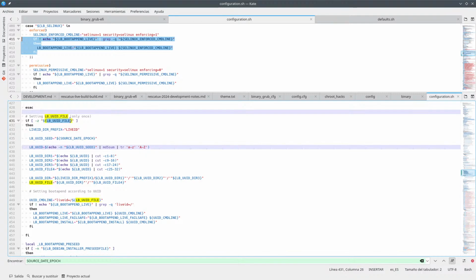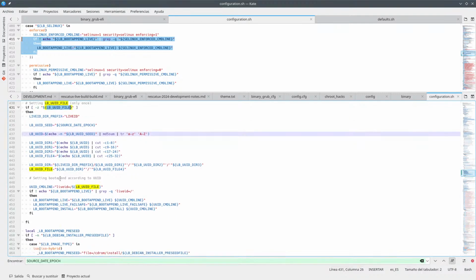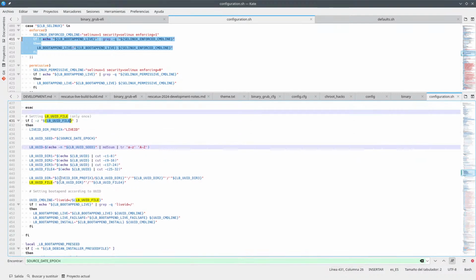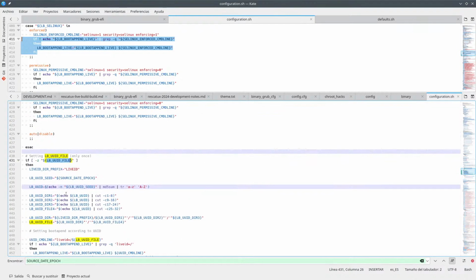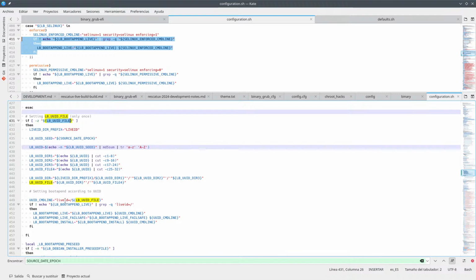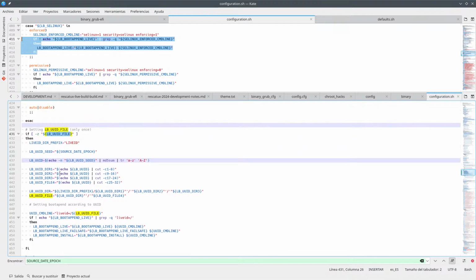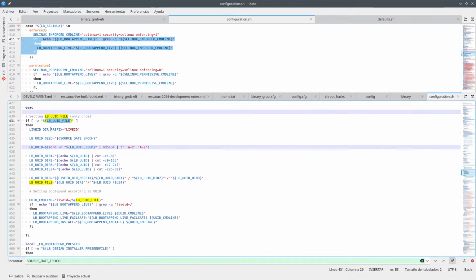LBUID file. So if you have not specified an LBUID file, then you just do this step. Source date epoch, which needs to be set up always. Now this is much easier to read. So the seed is the source date epoch. Then we do this stuff, and we create all of these files, and